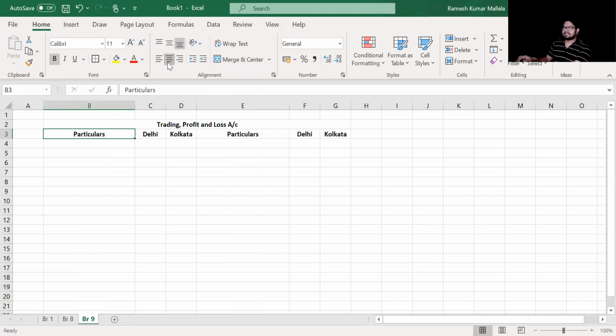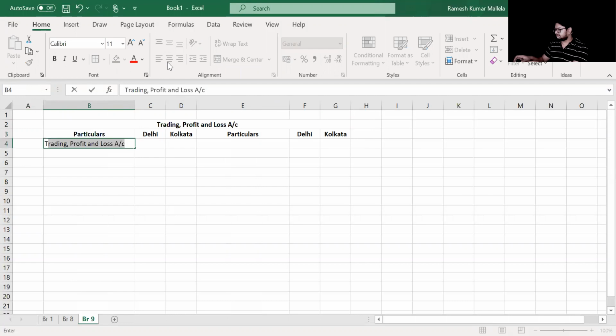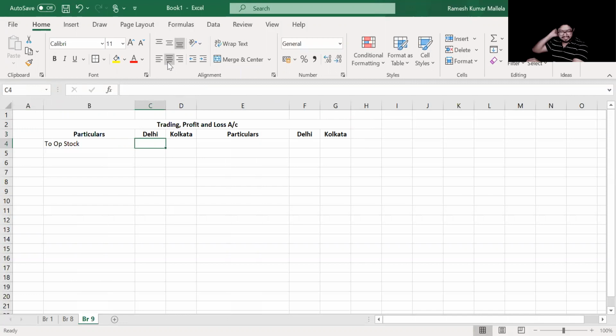Now let us start with opening stock. To opening stock on the debit side. He says only for head office there is opening stock. So value is 1,25,000. Now, with respect to opening stock of head office, will there be any markup? It will not be there because head office will show its own stock at cost only. Only if there is stock which is sent to branch, then it will be sent at a marked-up price. Otherwise, generally head office stock is only at cost. So opening stock of 1,25,000 is at cost.